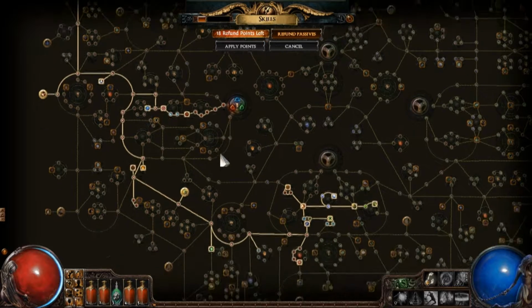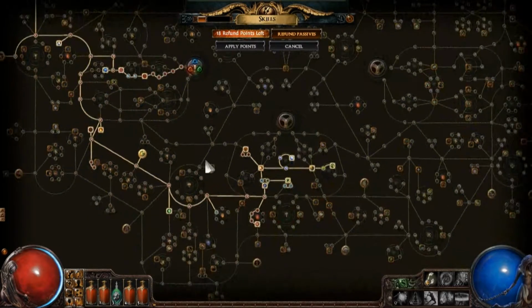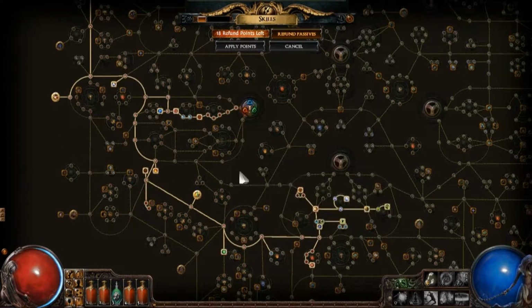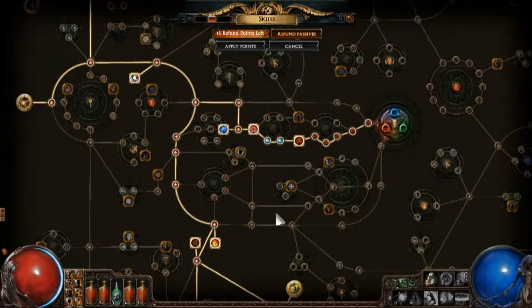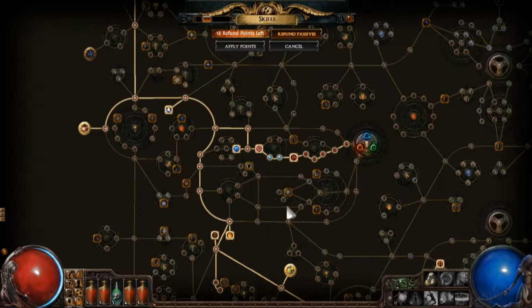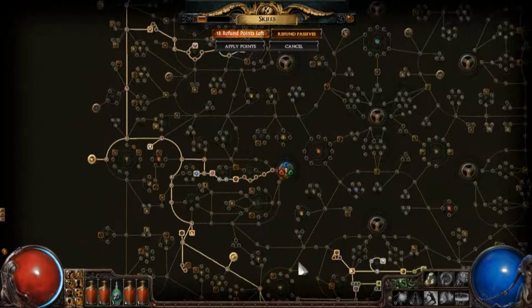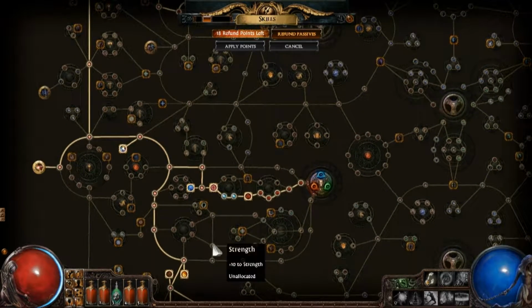But in any event, after my witch, I got kind of fed up of being really squishy and dying all the time, so I wanted somebody that was a lot more tanky. So I found an Infernal Blow Marauder build. Basically what the spec revolves around is pretty much taking a bunch of life, shield block, and defensive nodes, and then you basically just use Infernal Blow and a couple of other little gems, which I'll touch on after